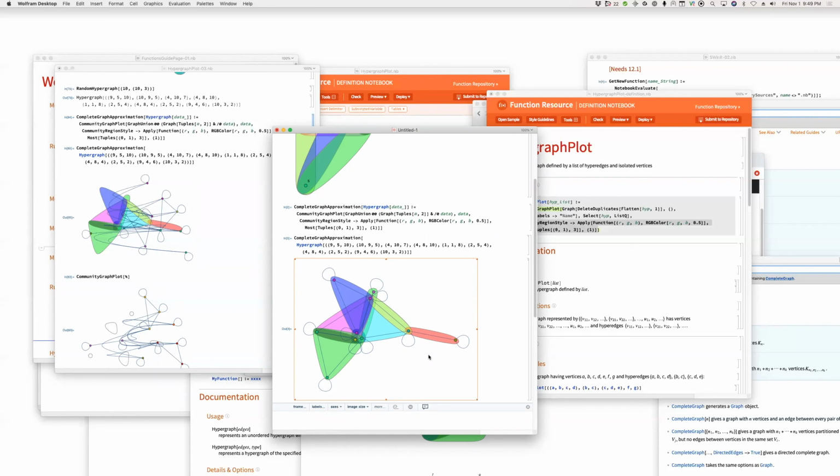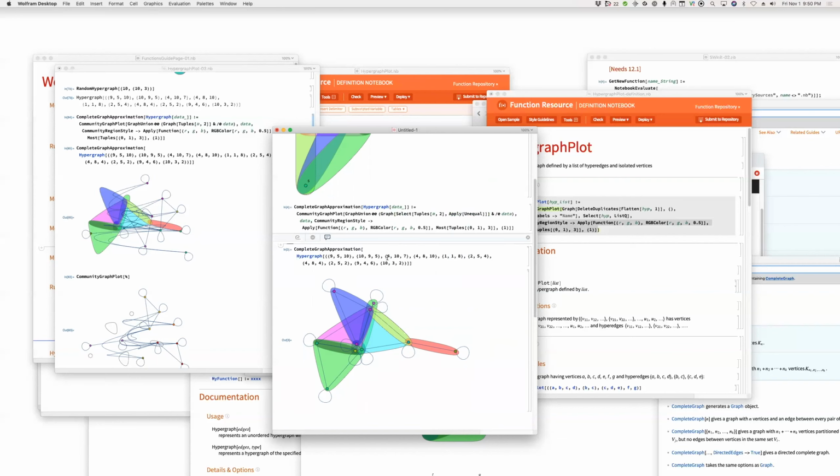Well, this is quite beautiful, actually. I mean, I don't know what those self loops are doing, though. Those are because of the tuples. Well, it doesn't handle self loops at all. No. These tuples, right, in the complete graph, we should select out the unequal tuples. See what I'm saying? If I put in here, select, apply unequal,